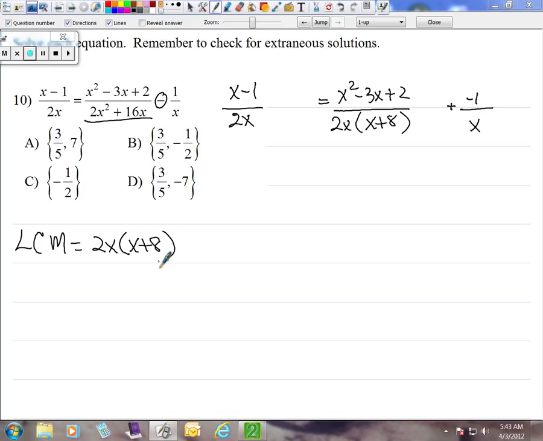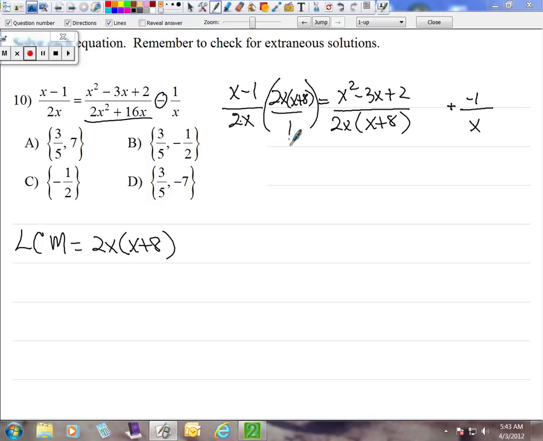Because we have a 2 and an x that are factors right here. The x only appears once in each fraction. The 2 only appears at most one time, wherever it is. And the x plus 8 obviously only appears once. So we only use them once. So we're going to multiply this by our 2x, x plus 8